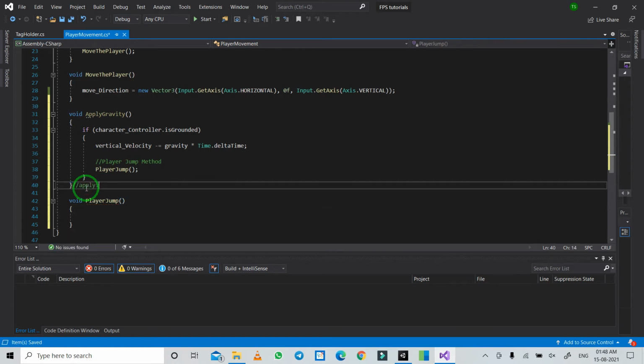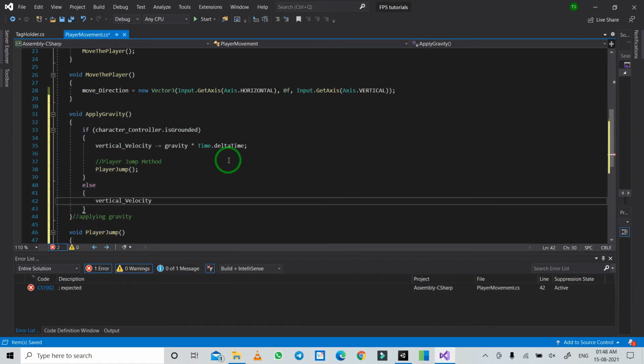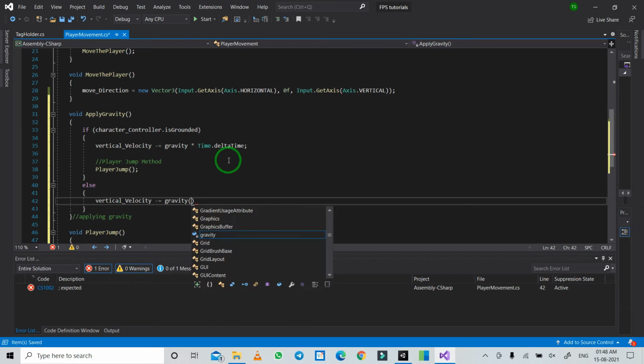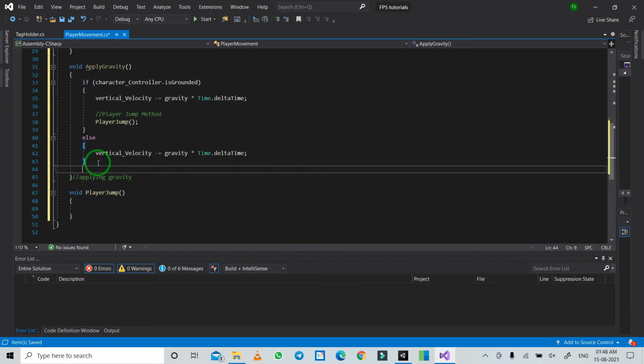In the player jump we will write the code for jump. In the else part we will again write vertical velocity, because the gravity applies whether the player is grounded or not. So that's why we will write the gravity part again, and then we will write move direction, and then y, because the y component